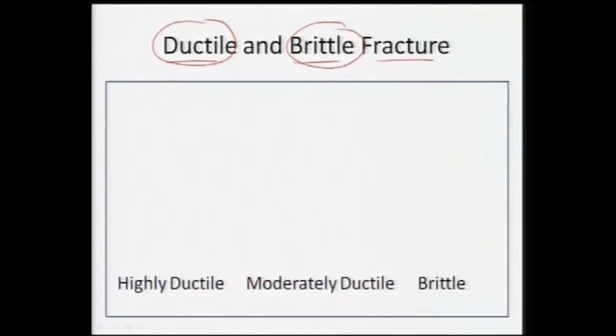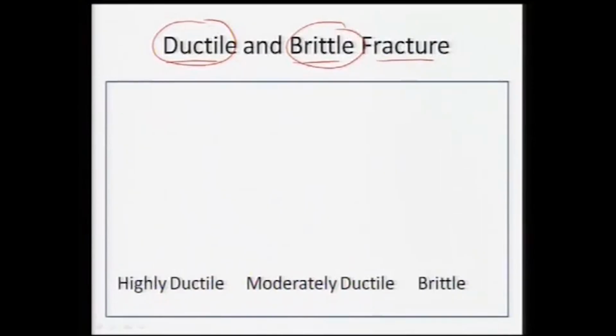But in the process the material has undergone much more deformation before it has fractured, and that is very good for us, because now we are getting an indication that the material is going to fail, and if the need arises, we can always replace that particular aluminum wire with some stronger or newer material within certain design limits. So, that is the basic need of ductile and brittle fractured components. So, we can design them accordingly.